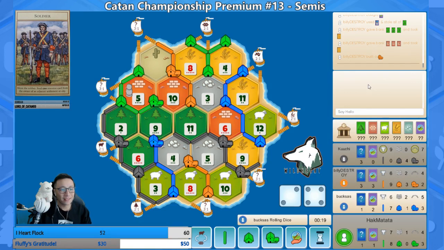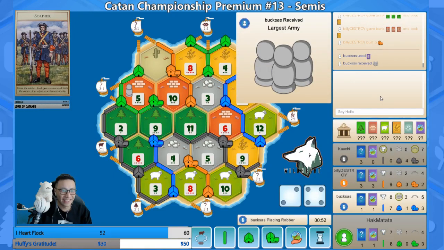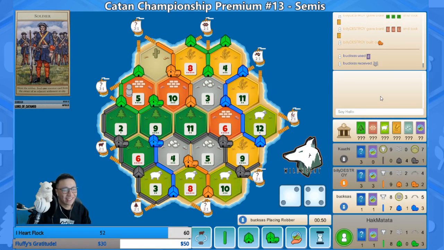Okay, so he gets a city up. City up, and they pass along. I think Billy's stuck at 9 points. Maybe. You think he has 3 VPs? Was the mono bigger than stealing army here? Because now Bucksas holds it, and Bucksas is only segments of road away here. I mean, you gotta think, that's what he...